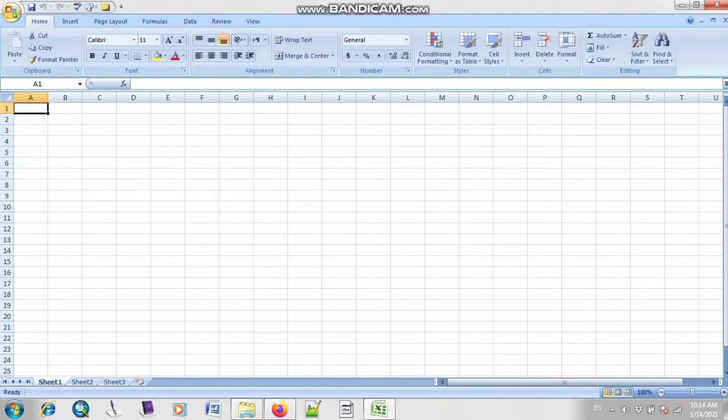So basically this whole blue area on your screen is known as, what can we call it, Abdul Rahman? What can we call all this area, all this blue area? Right, this is known as your ribbon bar. So the ribbon bar basically contains all your features, all your icons, all your commands.